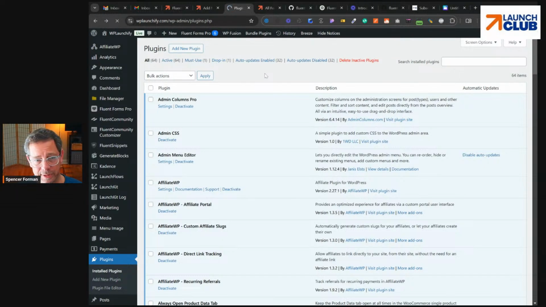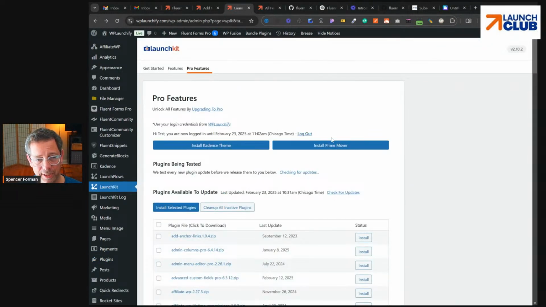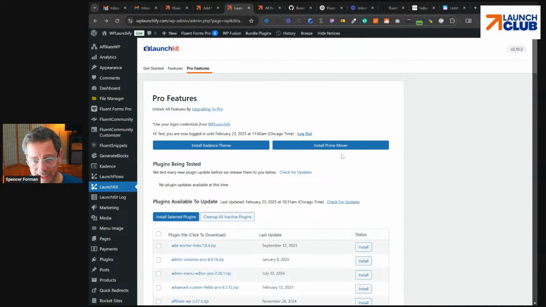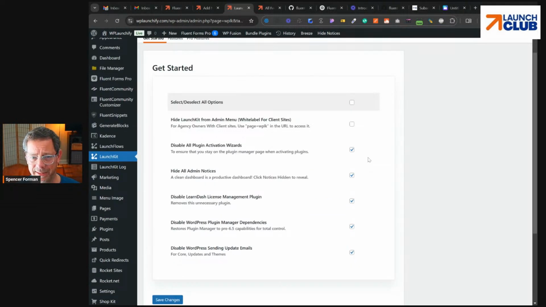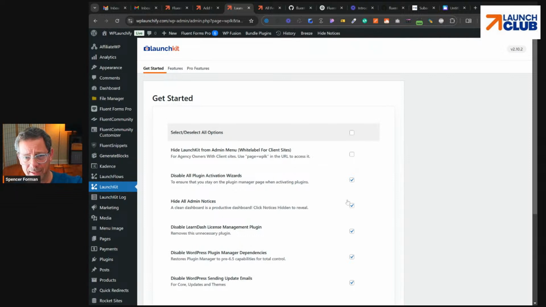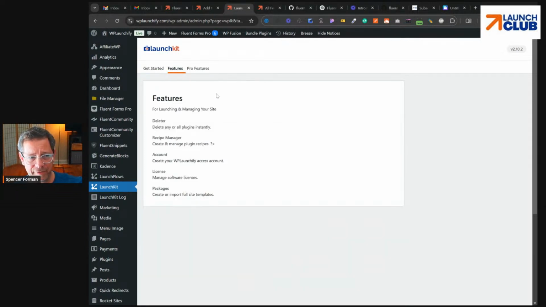Some of the other tools have been helpful, but not as much as I would have thought. I think a lot of it has to do with the fact that the core feature does the most. Having that stuff on the get started that stops all the spamming and stops the hijacking and stops the activation wizards, this paid for itself 1 billion times over. These other key features, the leader, I almost never use. The recipe manager, good idea, but I don't know if it's that big of a deal. It doesn't require any special attention.